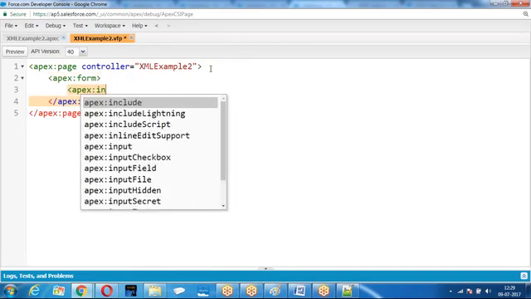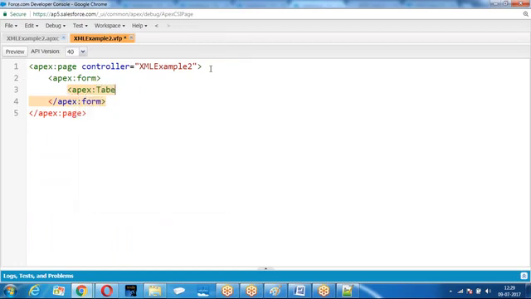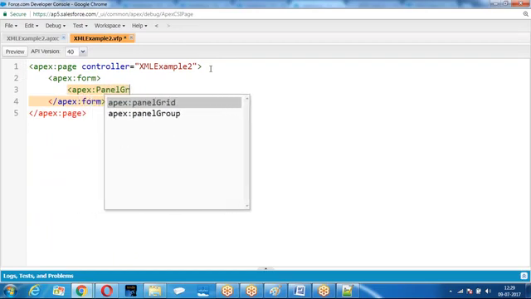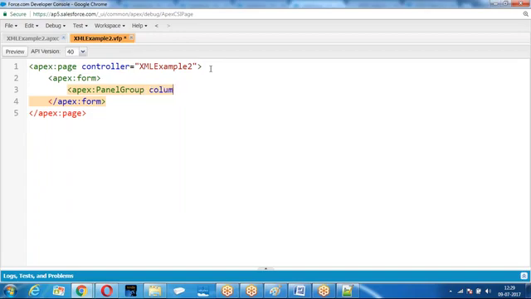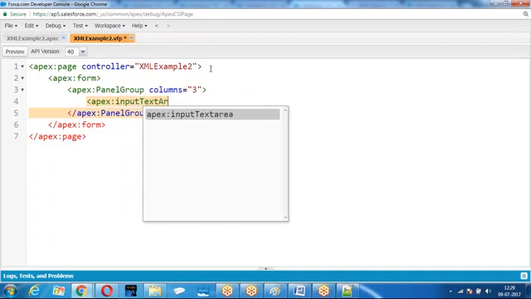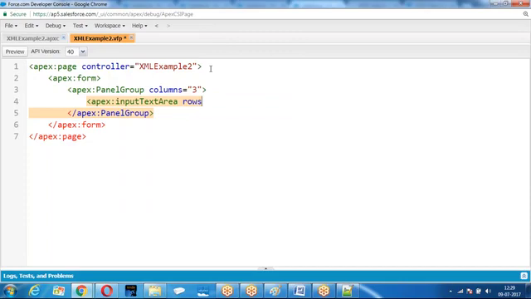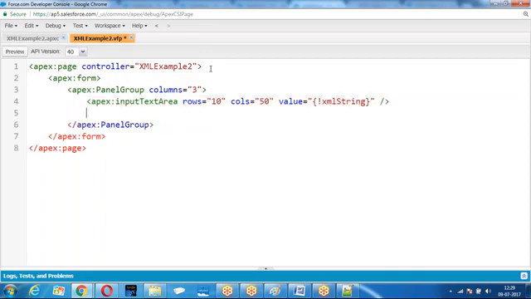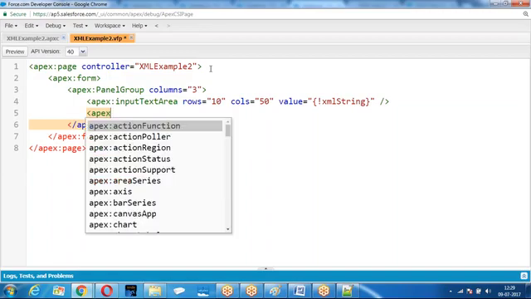Input text. I can go with a tab panel group. We take fx text. Rows equal to 10. Value equal to fx.